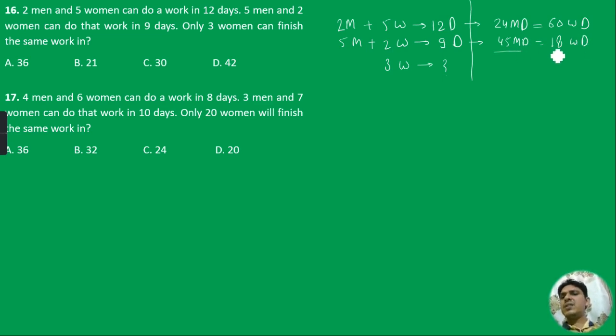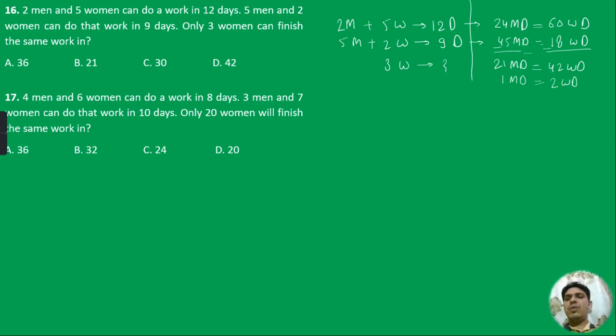Right? If we subtract the given equations, subtracting men days and women days, we will get 21 men days is equal to 42 women days. Students, see, we don't have to get the answer in negative. We just have to subtract men days from men days and women days from women days, right? So we are getting 21 men days is equal to 42 women days, and if we check for 1 man days, this will be equal to 2 women days, right?